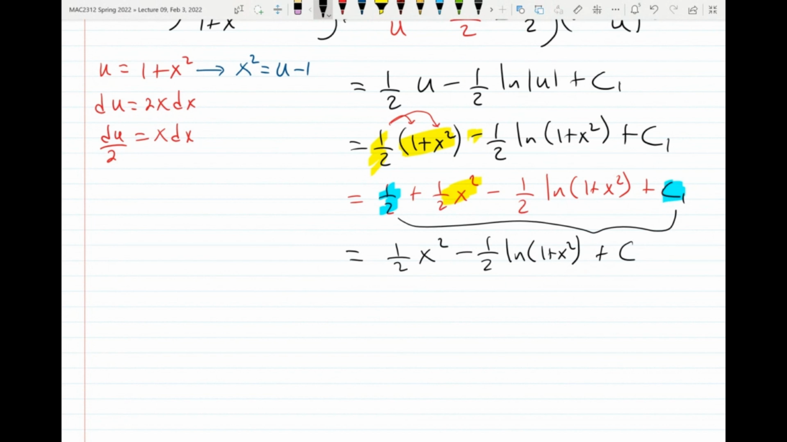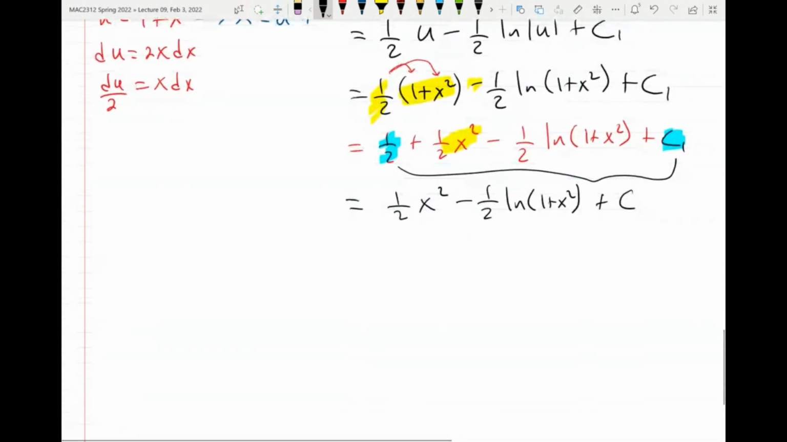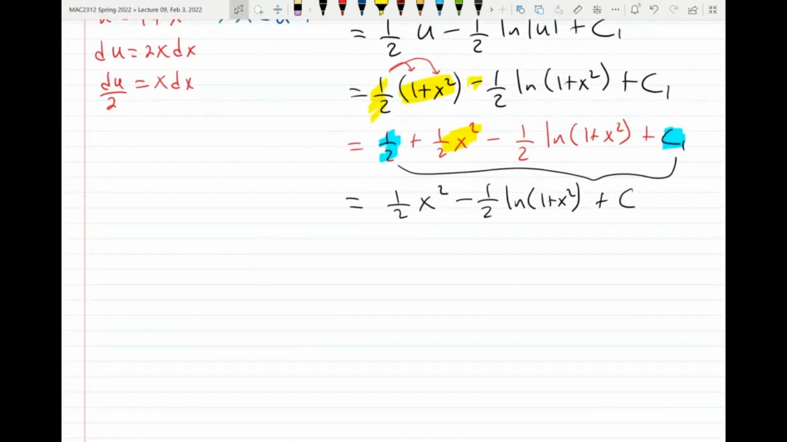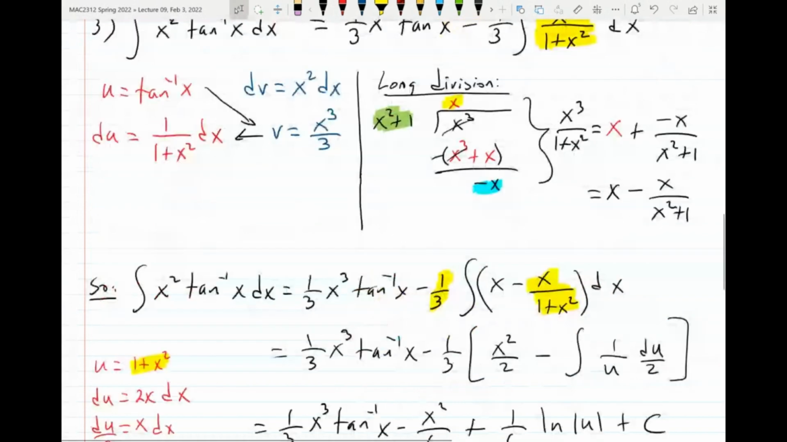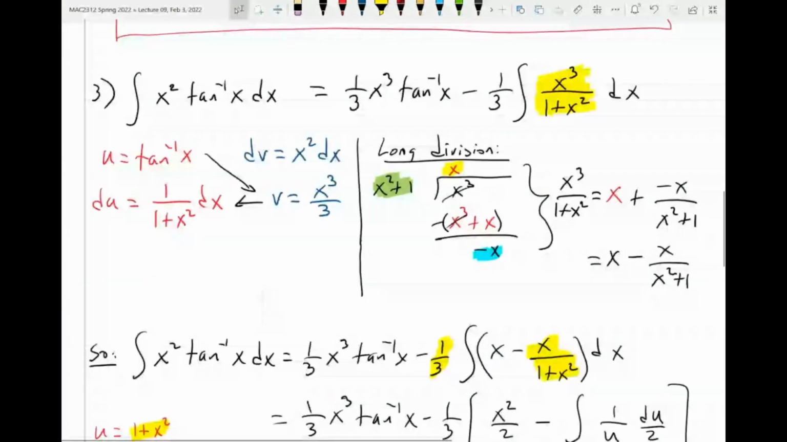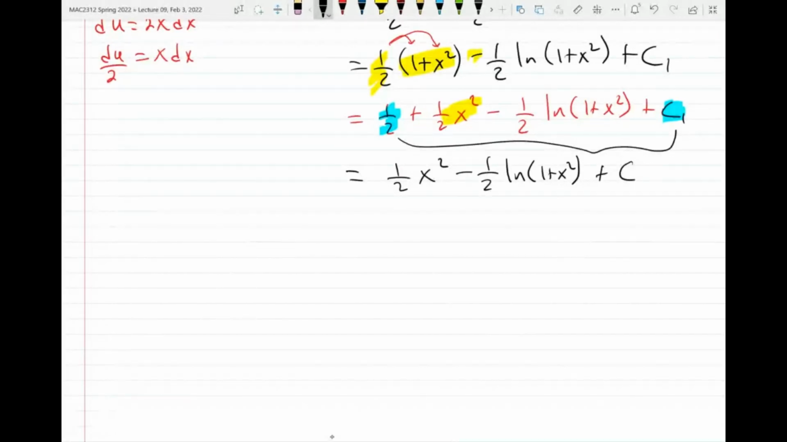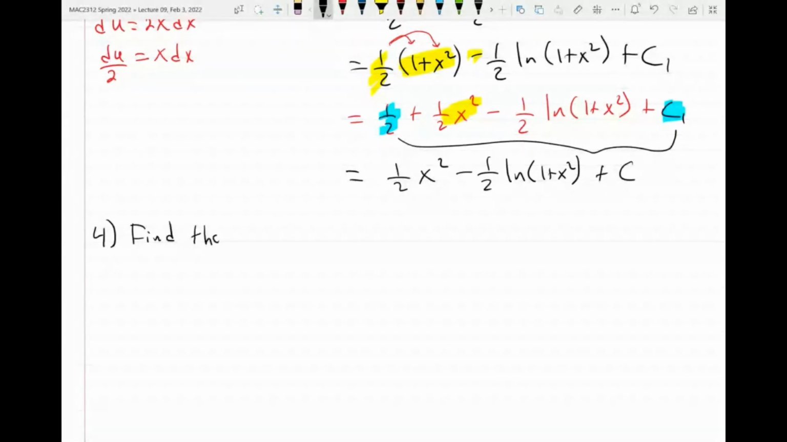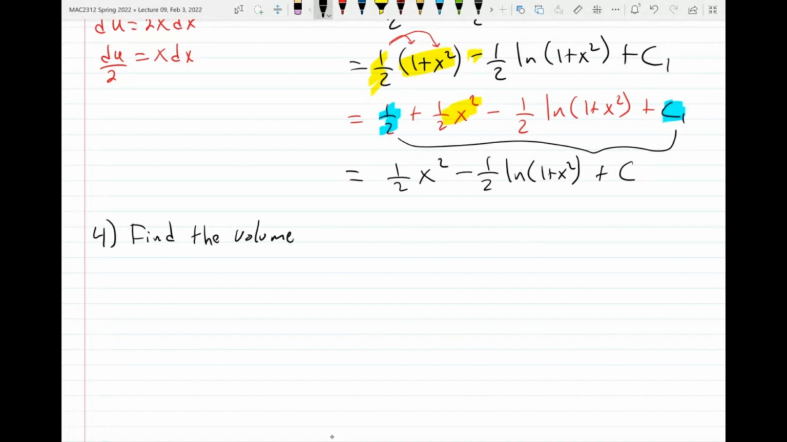So let's see, what do I want to do now? Let me do this problem before our time runs out. So let's do a volume problem, okay? Let's do a volume problem. This way we practice more volume. So okay, and then find the volume of the solid obtained by rotating